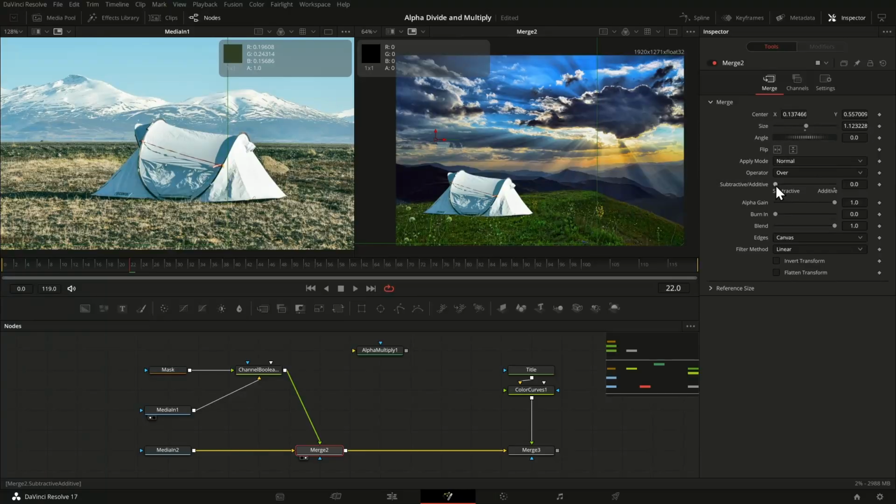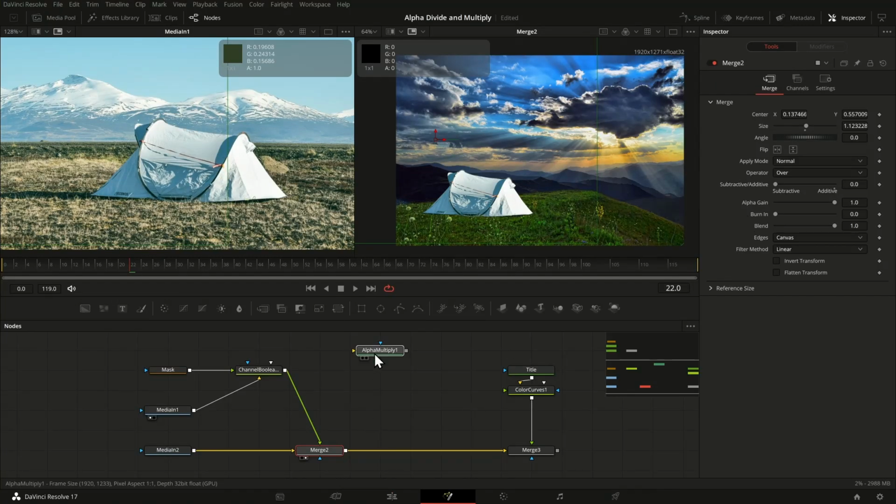Other tools might have a checkbox whether the alpha channel was pre-multiplied or not. In Fusion, the standard is you assume it was multiplied. That's the standard assumption of the tools. That's the standard assumption of the merge node. But this slider actually switches between was it multiplied or was it not multiplied. So if you put it to subtractive, then you get the correct result without the previous alpha multiplication. So these are the differences between the unpre-multiplied and pre-multiplied alpha channel.